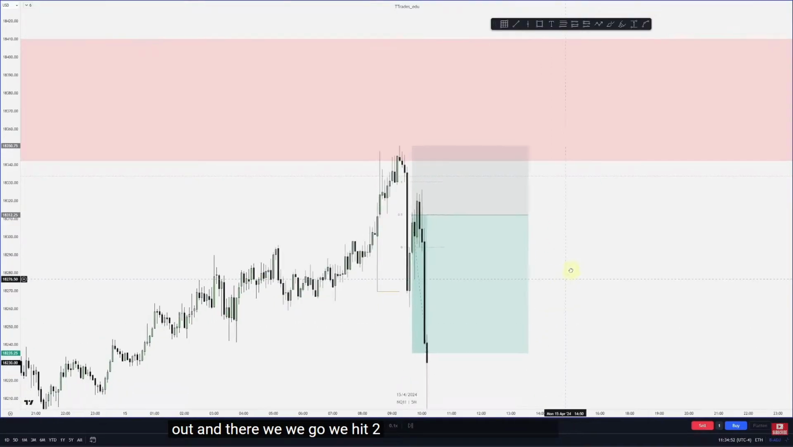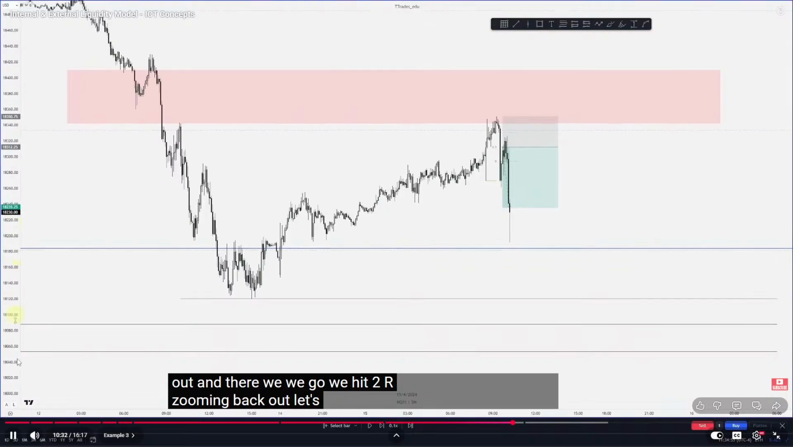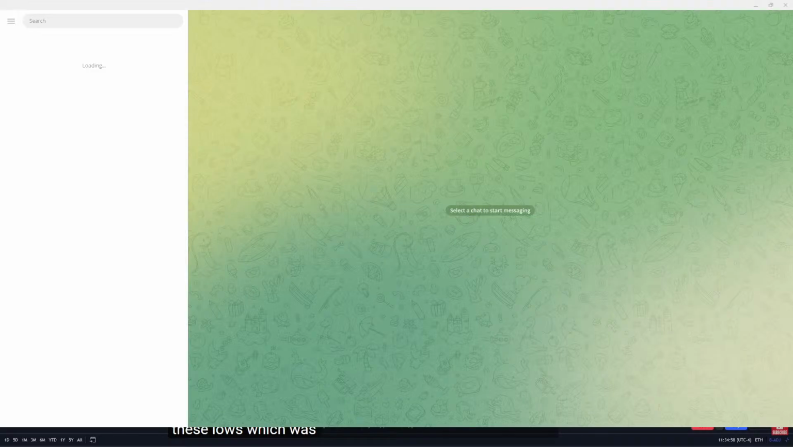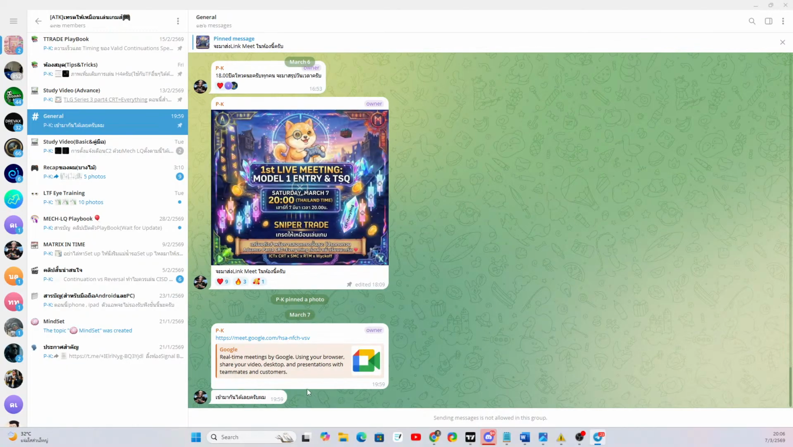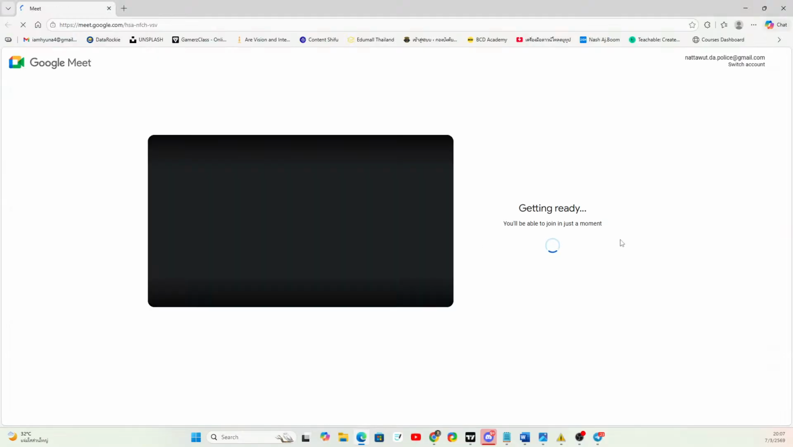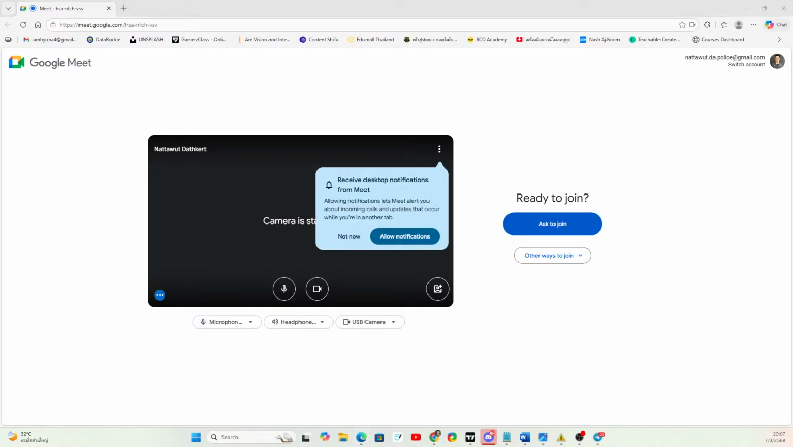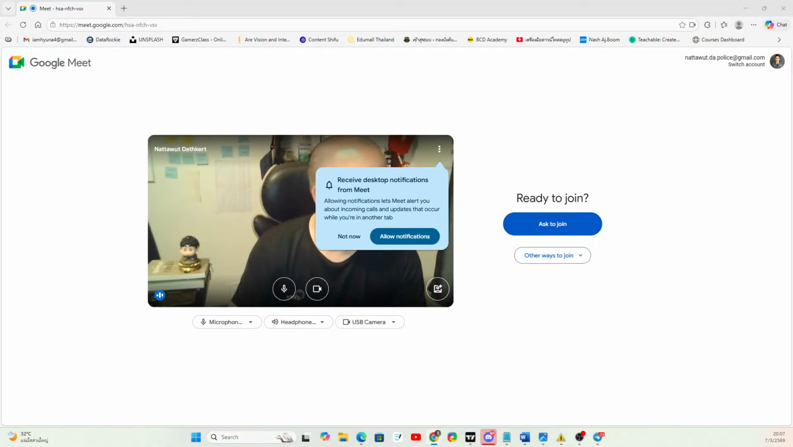And there we go, we hit 2R. Zooming back out, let's go see if we run these lows, which was our draw on liquidity. And we do go run those lows. So if I was to leave runners, it would have worked out. However, I'm just interested in catching 2R with this model. Now in this next example, I realized that not everyone can look to trade intraday,